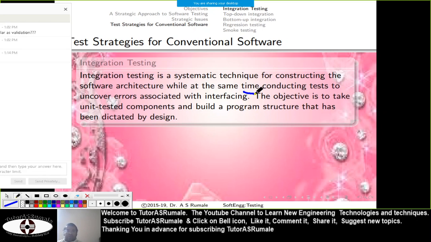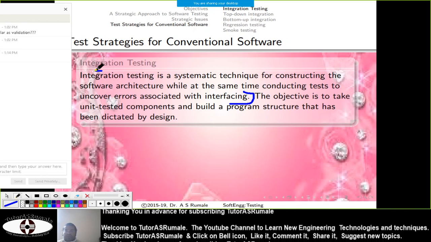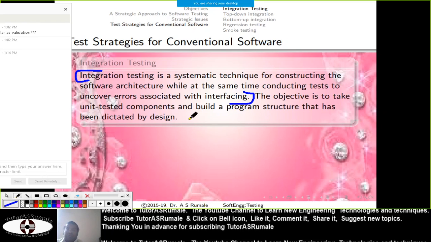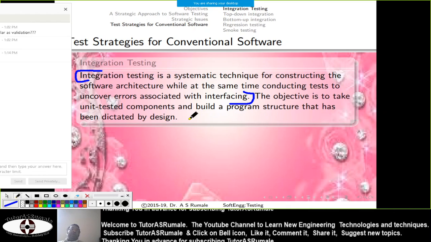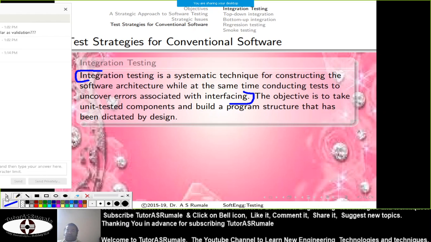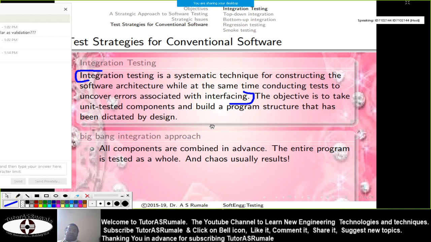Specifically speaking, integration testing helps you create proper interfaces for every component, so that components can communicate and collaborate with each other in a proper way. Okay, so after integration testing, there is one approach for this.